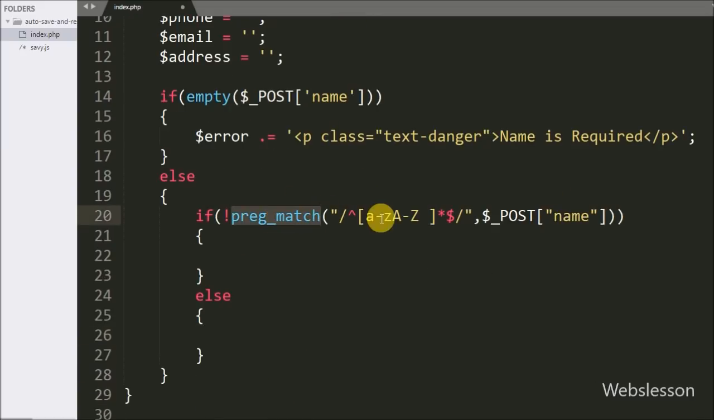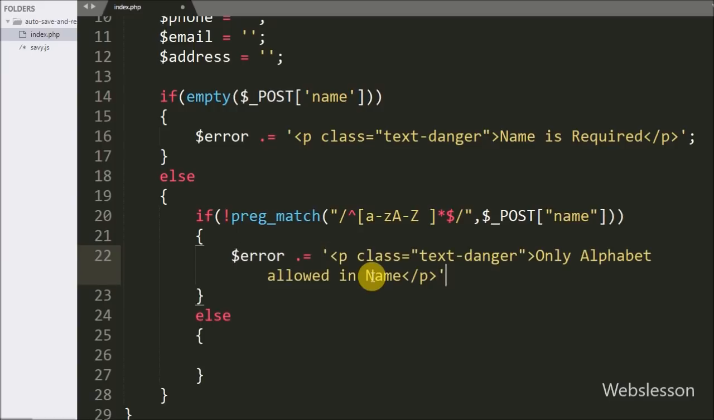This condition will check if the name value has no number, then it will execute the else block, but if this variable has a non-alphabetic character, then it will execute the if block of code. If the above condition is true, then it will execute the if block of code. Under this we have written the $error variable, and in this we have appended text like only alphabet allowed in name